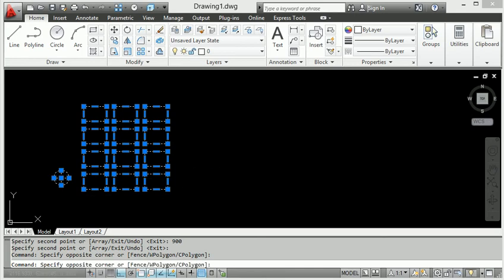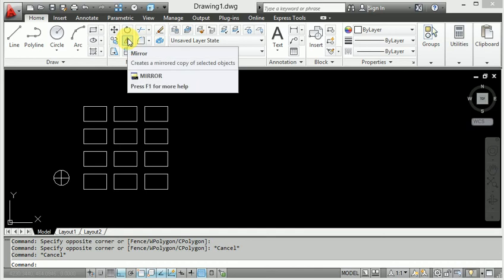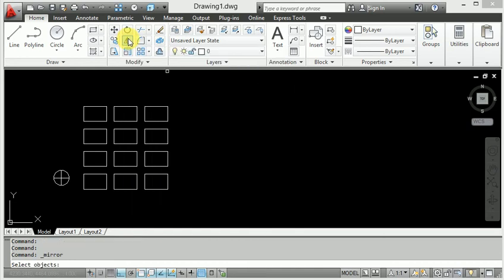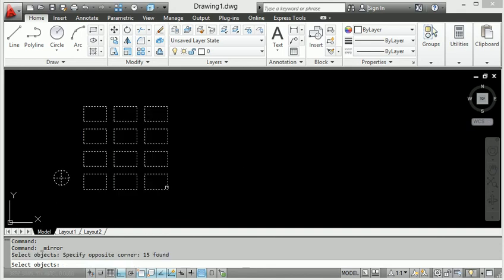And now I will use the mirror command. Press the mirror command, select the whole diagram and press enter, and across which axis we have calculated, according to which distance, to make the mirror sketch.